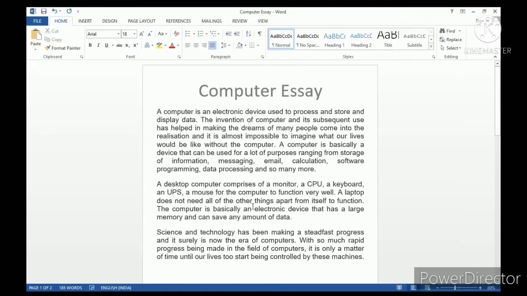Okay, now the next heading is changing line spacing. Line spacing is the vertical distance between successive lines of the text in a document. अगर आप lines के बीच में space create करना चाहते हो, for that we will use line spacing. Again, for that also, you have to select the paragraph first.